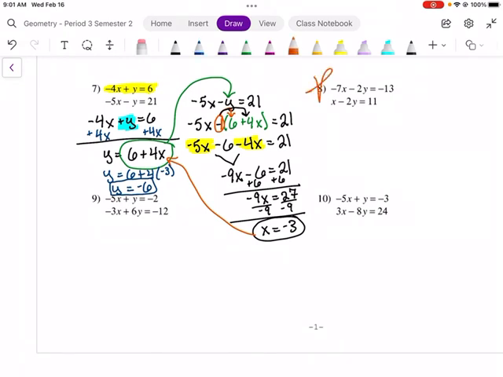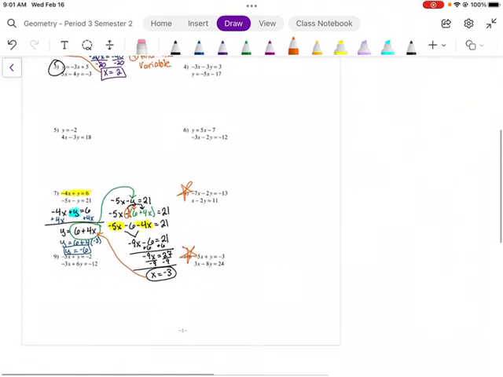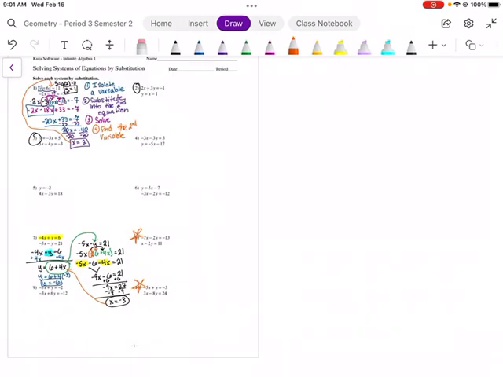So then I would like you to try number 8 and number 10. So a total, you're going to just have 4 problems to do. You're going to do 2, 3, 8, and 10 for tomorrow. If you have any more questions,